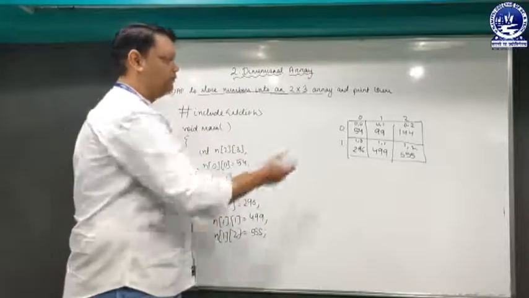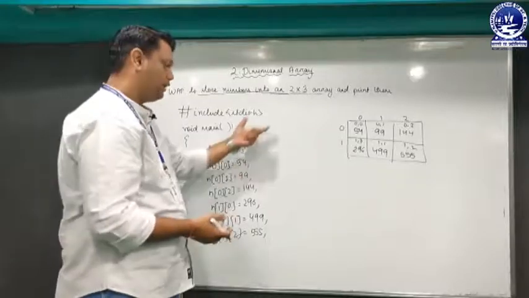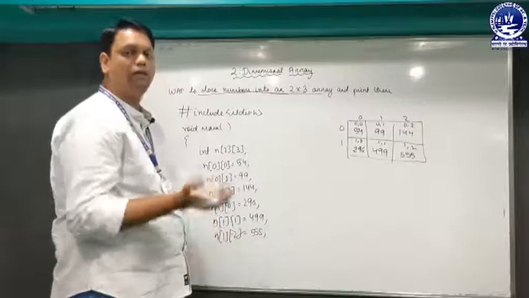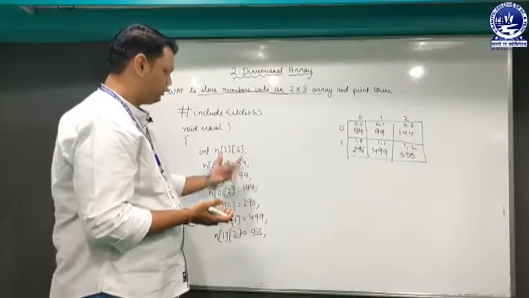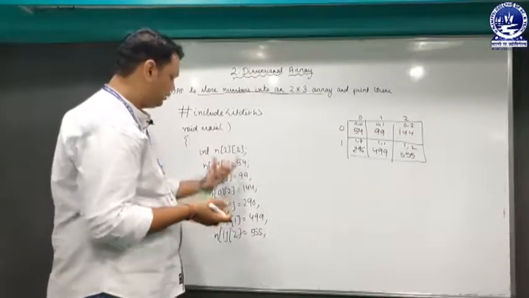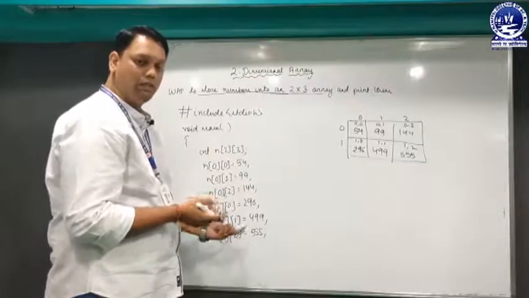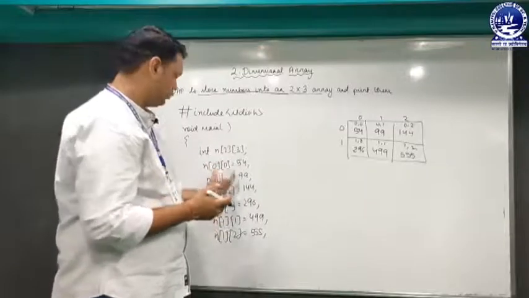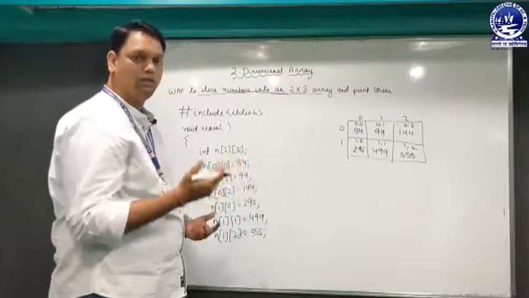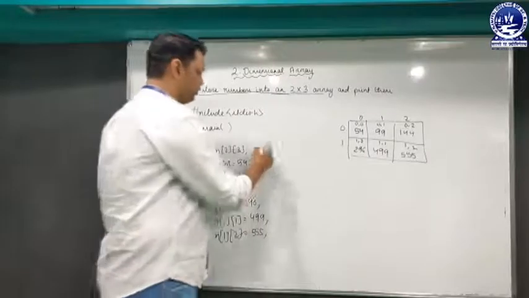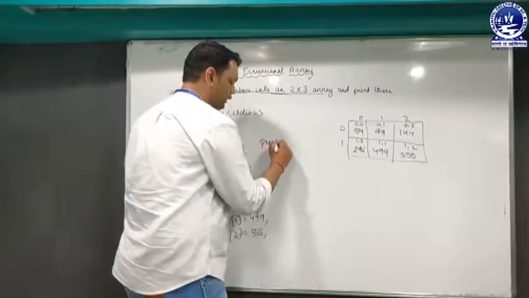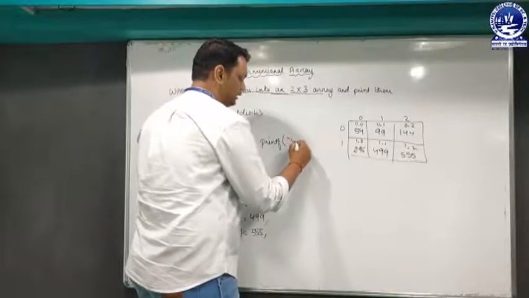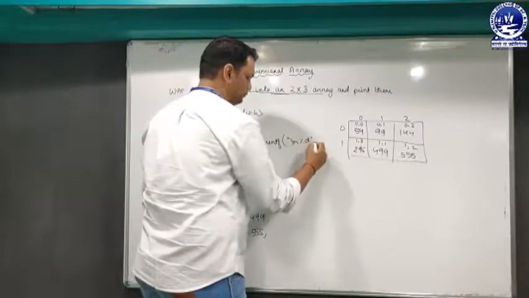Now we have to print the array. We can print the array by specifying the row and column numbers, or we can take the help of a loop. First we will be printing the array using the index values manually. In the next program we will discuss how to handle the row value and column value using the concept of a loop. To print the values, we have the printf function.